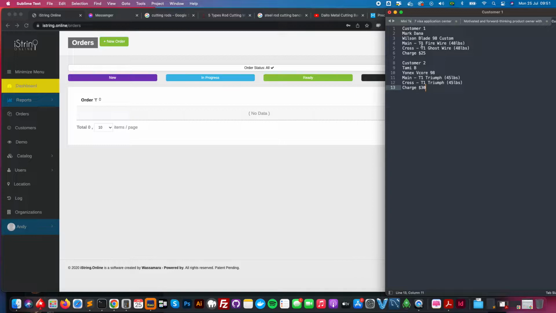Well, I understand that you're charging for the entire string. So T1 Fire and T1 Ghost, mains and crosses, 25. So I'm gonna set them as half sets. And then you see how it works. Okay, so first let me go to the catalog,